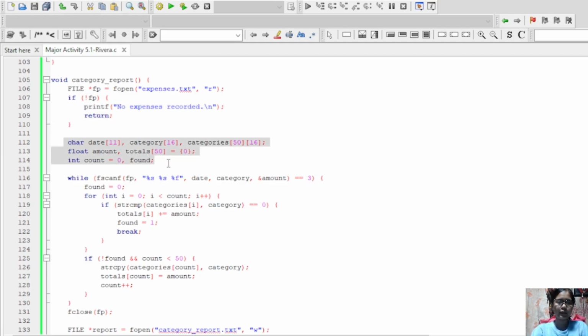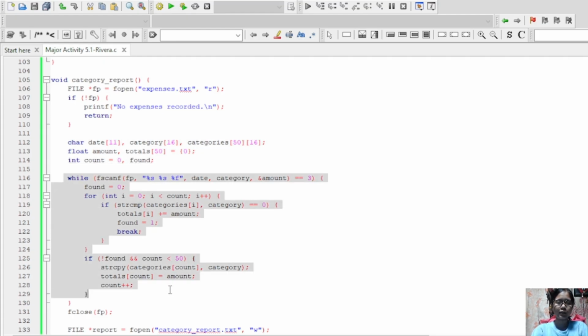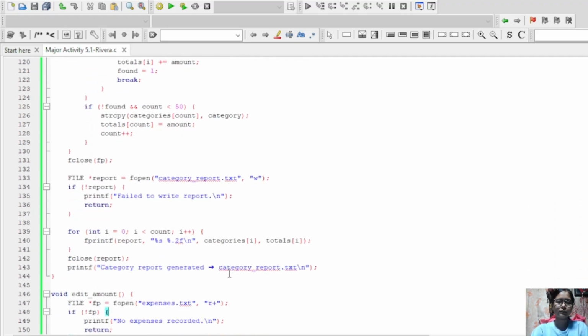I declare the arrays to hold up to 30 unique categories and the corresponding totals. And for this line, I go through each record and either update the existing category total or add a new category to the list.